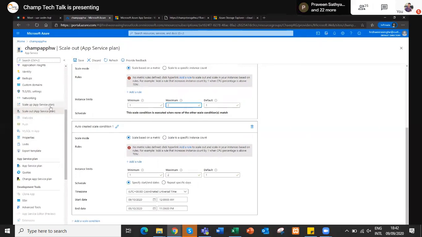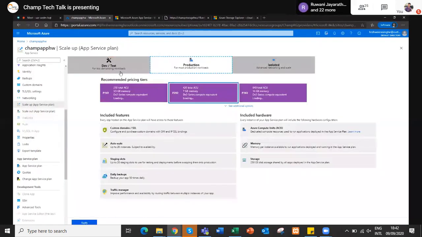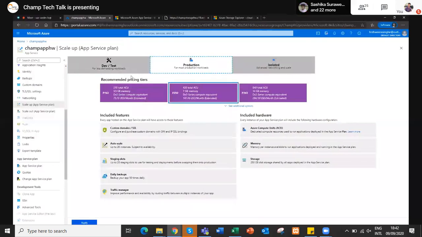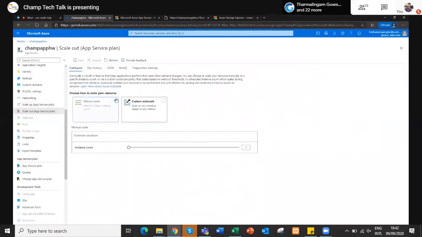So the scale up option. What we're doing is increasing the resources. We were talking about 1 GB RAM. I'm creating a condition to increase it to 3.5 GBs, but in scale out, we can have the same exact copy of the current application.